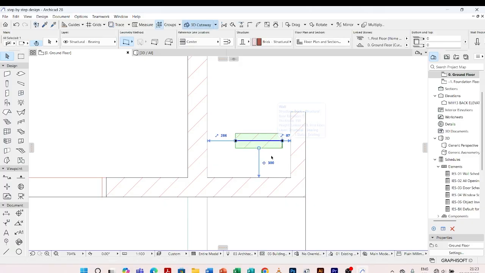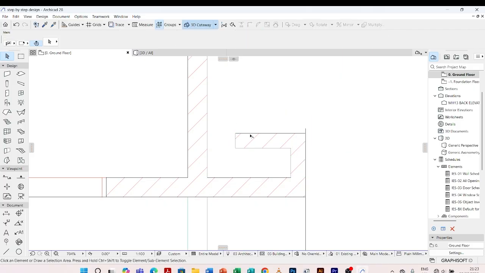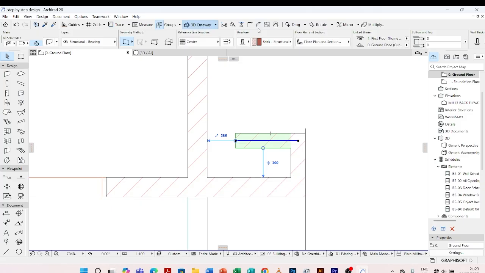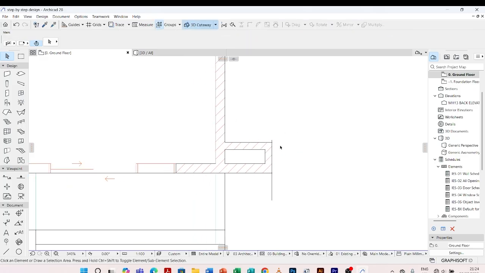I click on the wall, come pick this, holding Shift, I join them, I extend this wall to this one. I click on it, I come and adjust from here. This is the adjust tool, I click on it, I adjust it, I pick the middle. Since my lines were